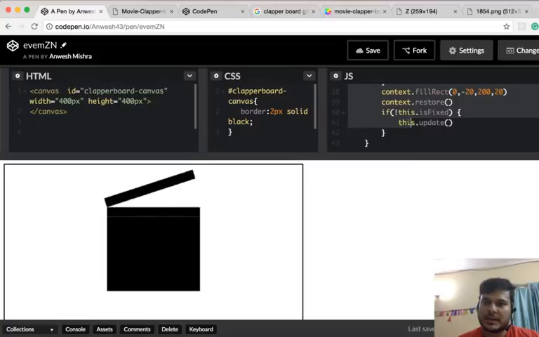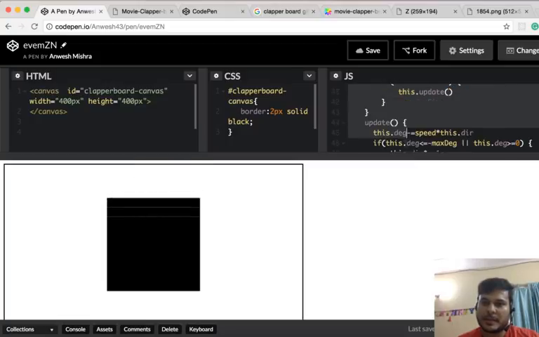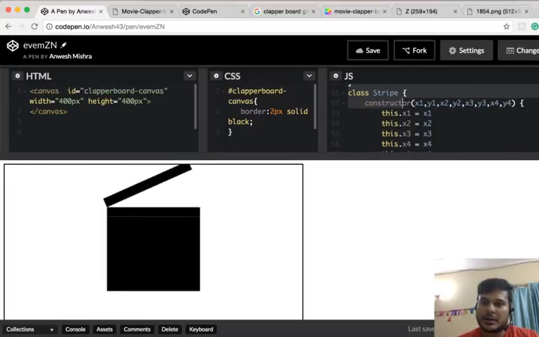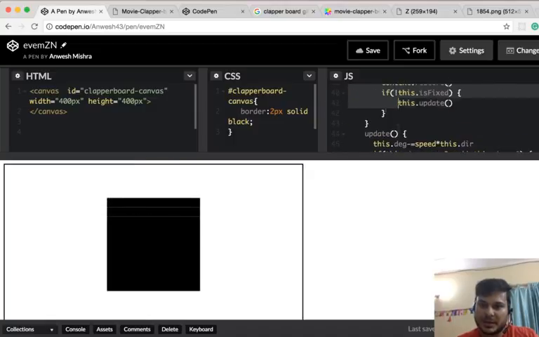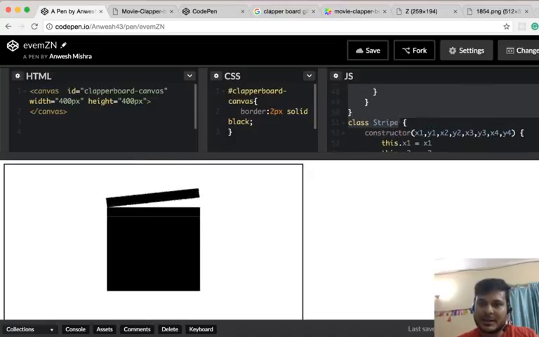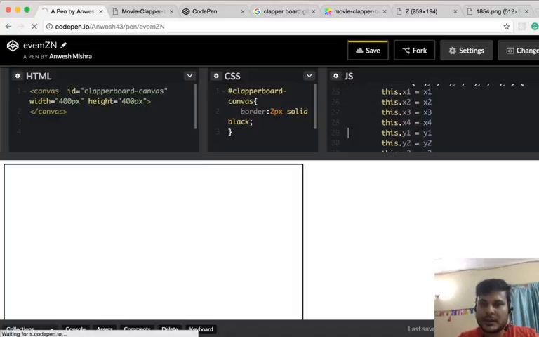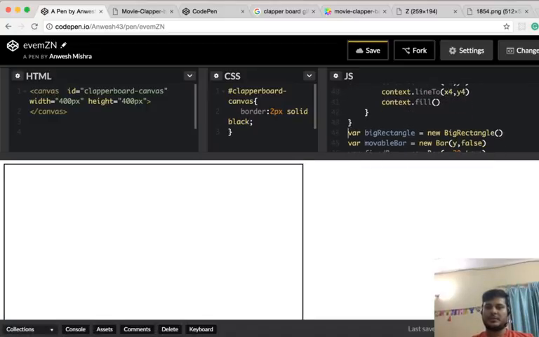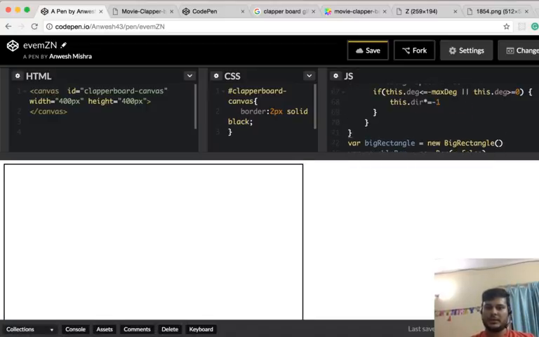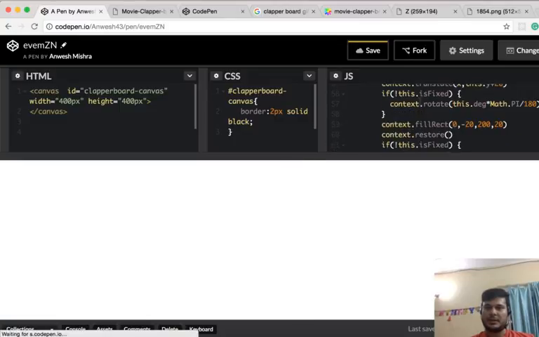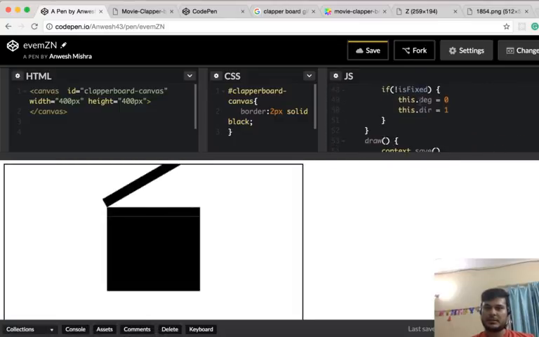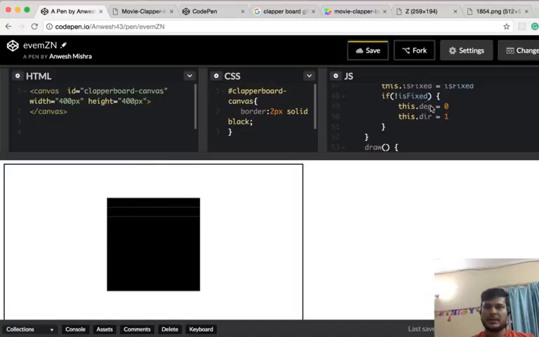So we have to declare stripe before bar, or declare this bar after stripe. That's the wrong thing. These stripes must be present in bar, so we don't need to create anything outside this bar class. Okay, let's save it